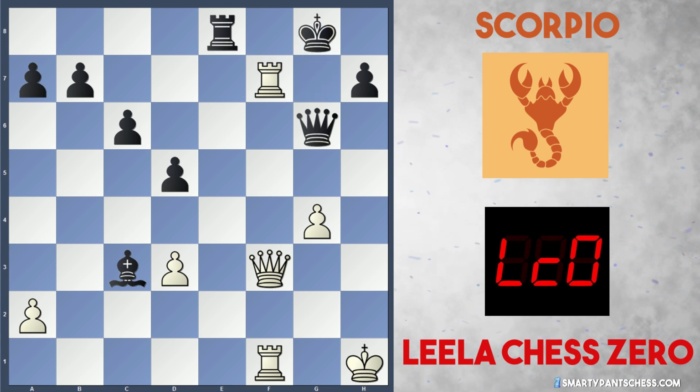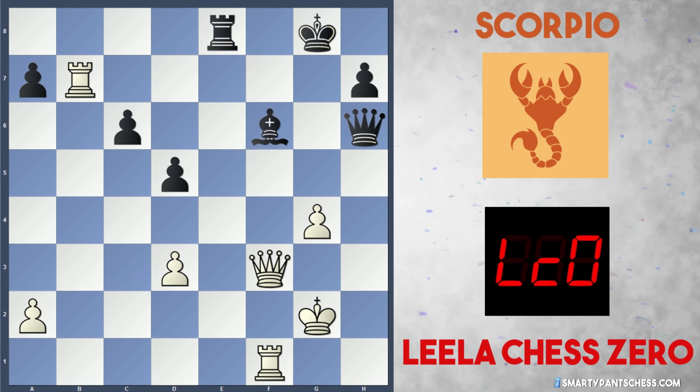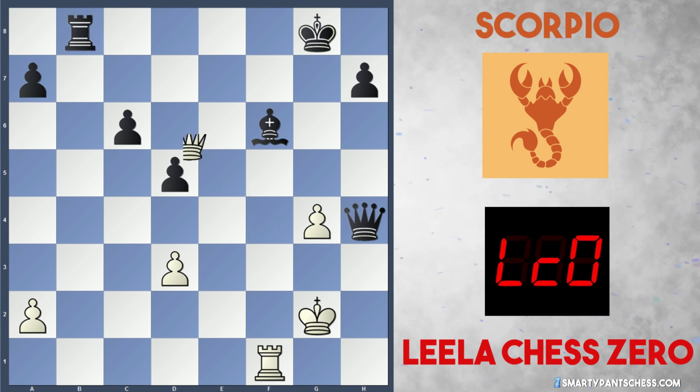The king went to g8 and Leela captured the pawn on b7. Scorpio checked and the king went to g2. The bishop retreated back, and here Leela did actually play queen to f4, but Scorpio sidestepped with queen h4, and rook to b8 was played, and a trade of rooks occurred with check, and Scorpio put their bishop back to